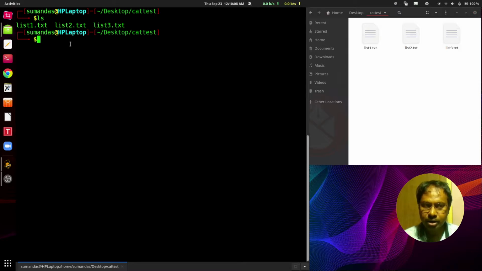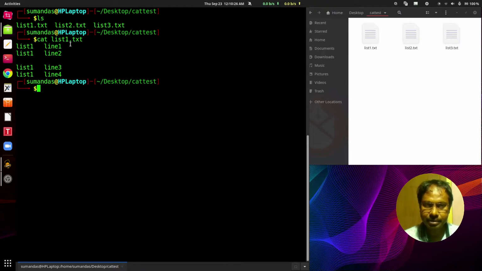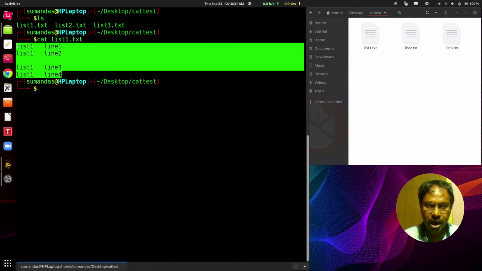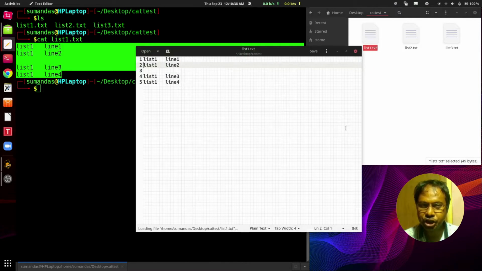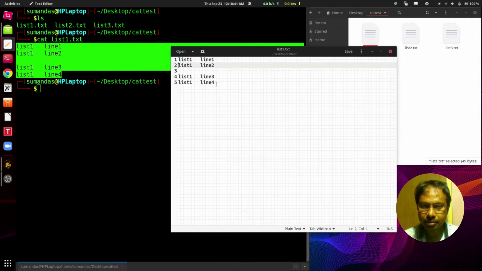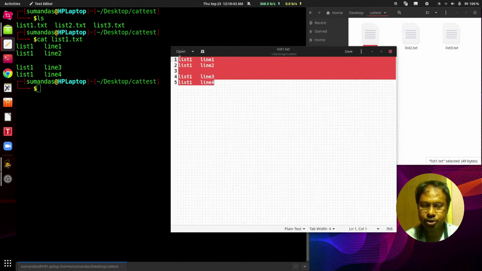Now if we want to view the content of any file, we can use the cat command. cat, then the name of the file. Suppose list1.txt. Press enter, and here we get the content of the list1.txt file. We may check it using gedit, and that is the content of the list1 file.